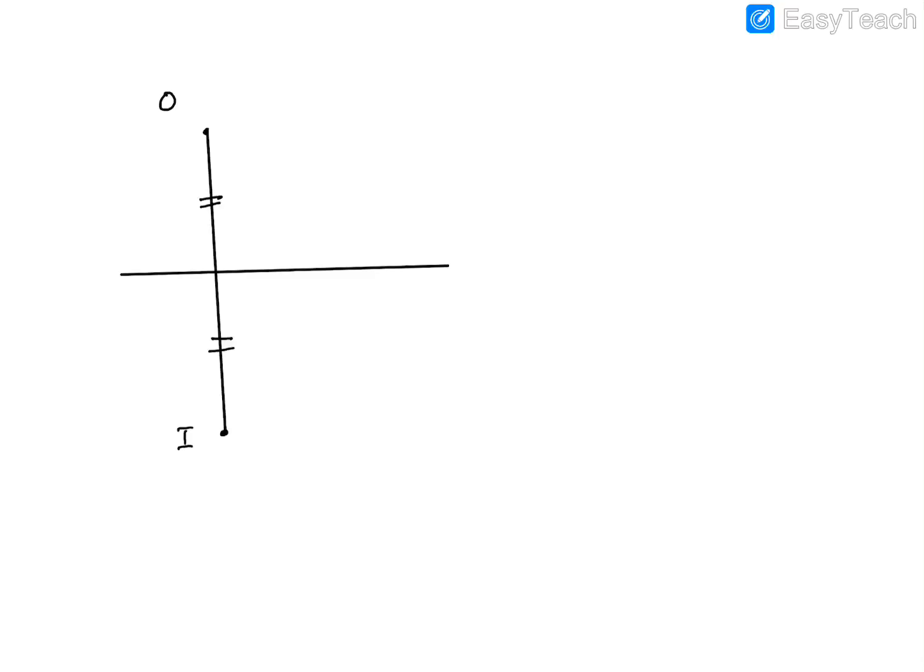So now let's start. I am just removing all this because this line we will not draw. We will basically be drawing only this point out here. Just as we drew a point here up for O, I'll draw another point here down, that is your I. Your point I has to be vertically below the point O, and also at the same distance. Now from point I, you can start drawing the rays.